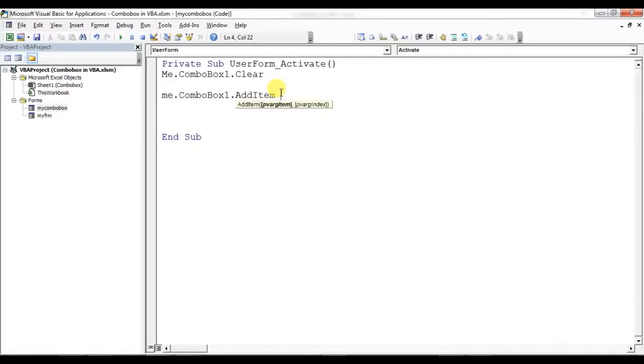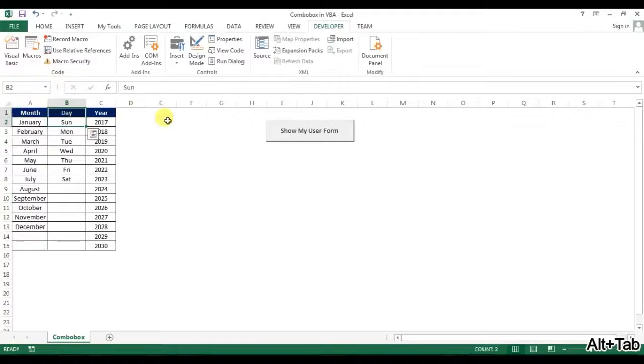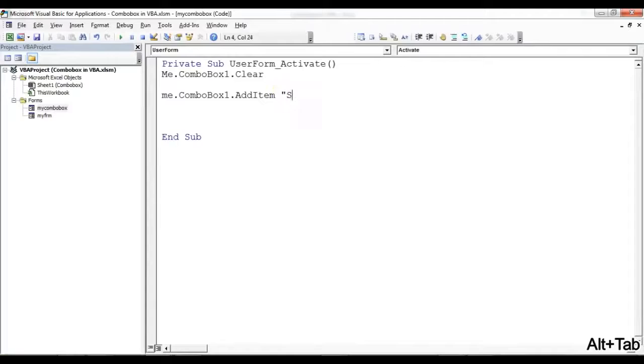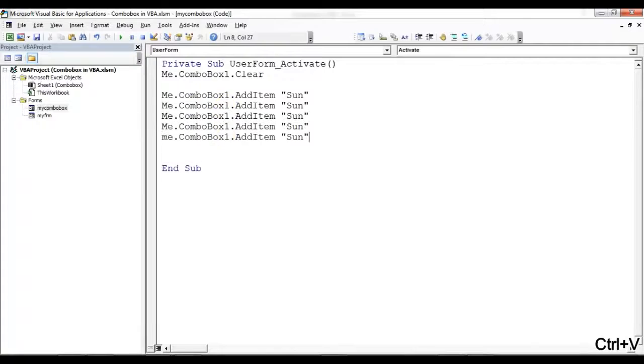We will add the item like this. So we can take the name like Sun, then we can copy this and paste here, paste same, and we can rename this, then this,